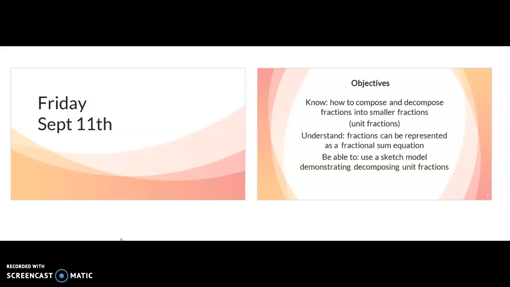Our objectives for today are: you will know how to compose and decompose fractions into smaller fractions. You will also understand that fractions can be represented as a fractional sum equation. You will be able to sketch, model, demonstrate, decompose